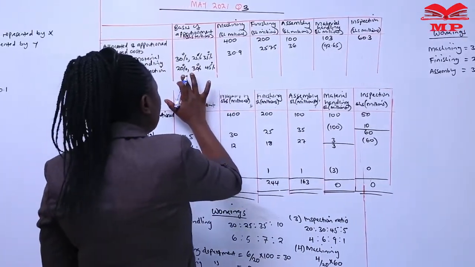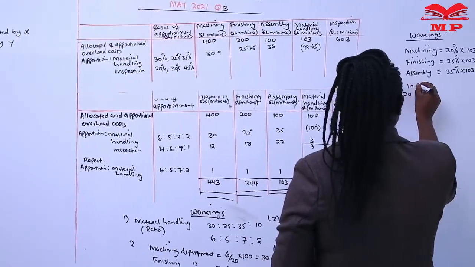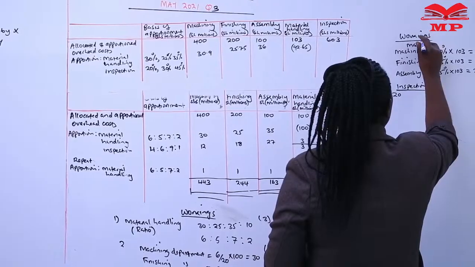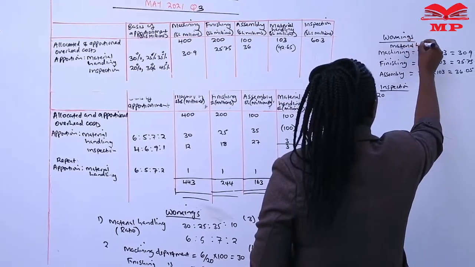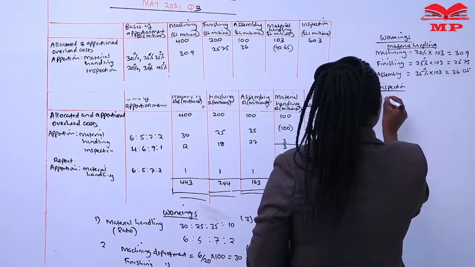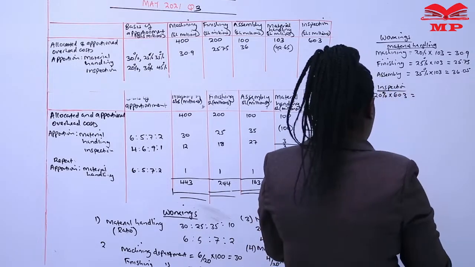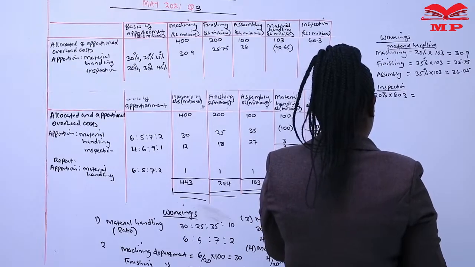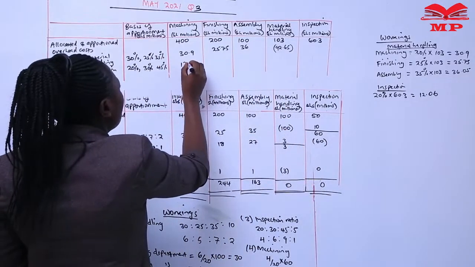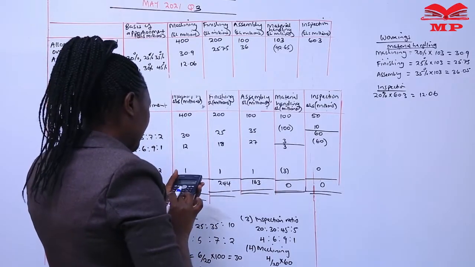So we'll have 20%, this is inspection. This was material handling. And inspection will be 20% multiplied by 60.3, which will be equal to 12.06. We apportion 12.06 to machining, then get 30%